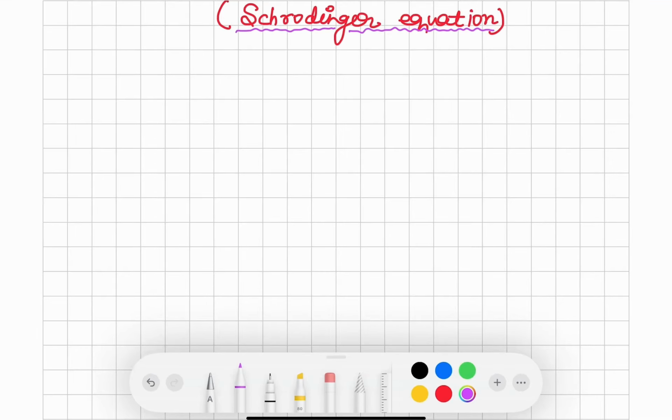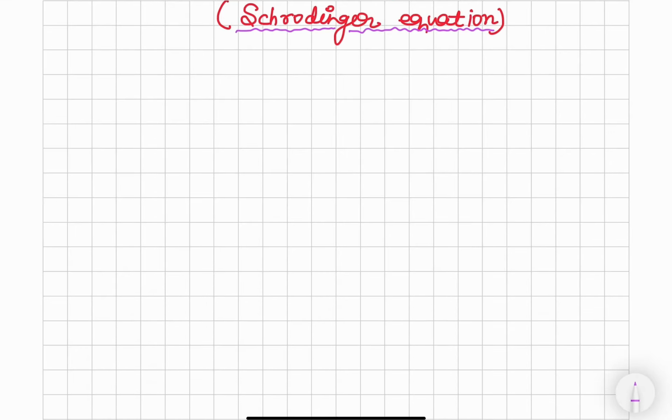Hi friends, today we will discuss a graph related to the Schrodinger equation, which is generally asked in the exam, and some of the graphs are also given in NCERT. First of all, we will discuss the graph of R(r) versus r. The first question that arises is, what is R(r) and what is small r?